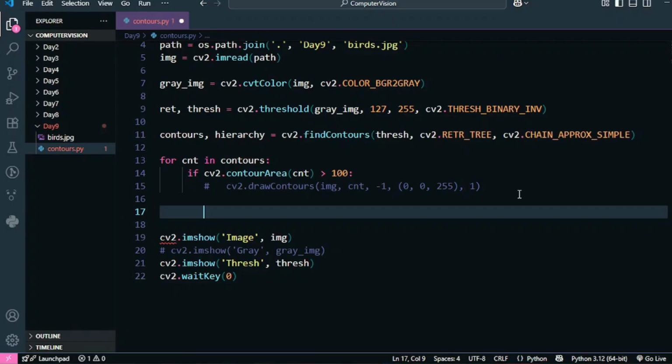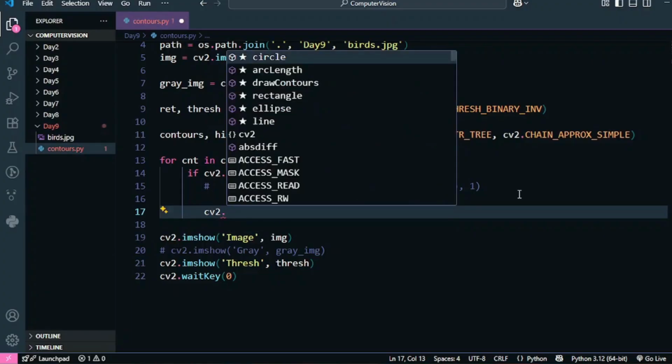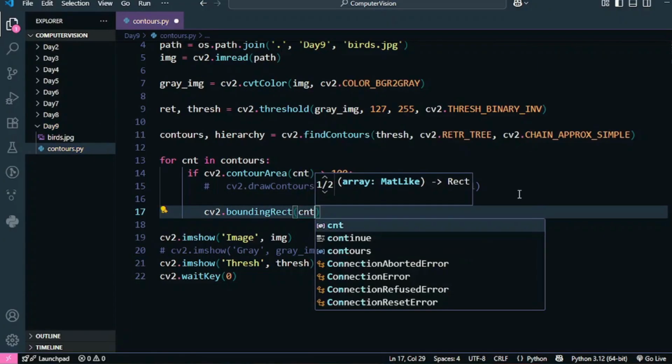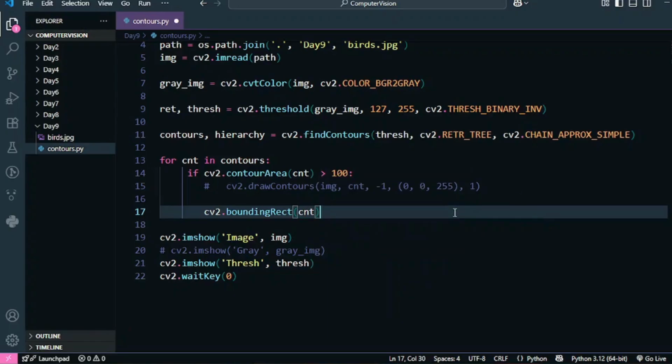All right, so to do that, we're going to use an OpenCV function called bounding rectangle, and in this one you have to pass your contour. This bounding rectangle will return 4 values: x, y, width, and height. And what are these? I'm going to tell you. No worries.